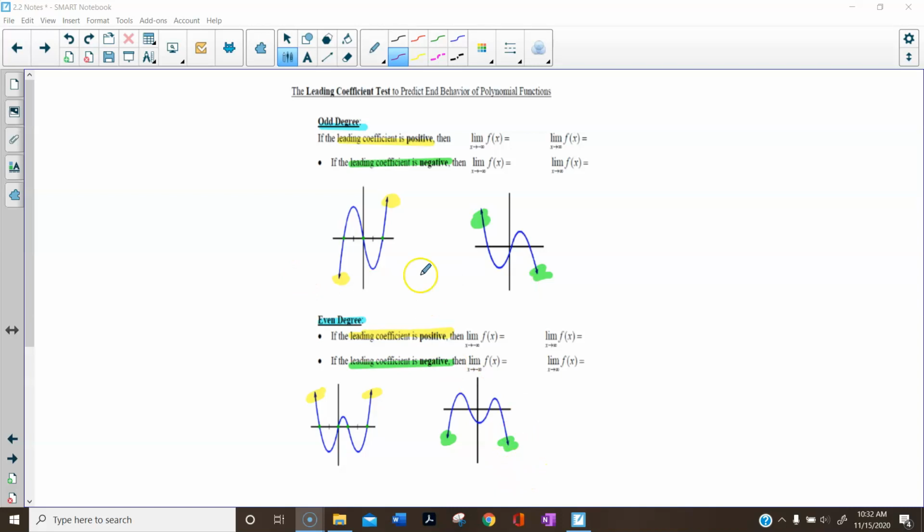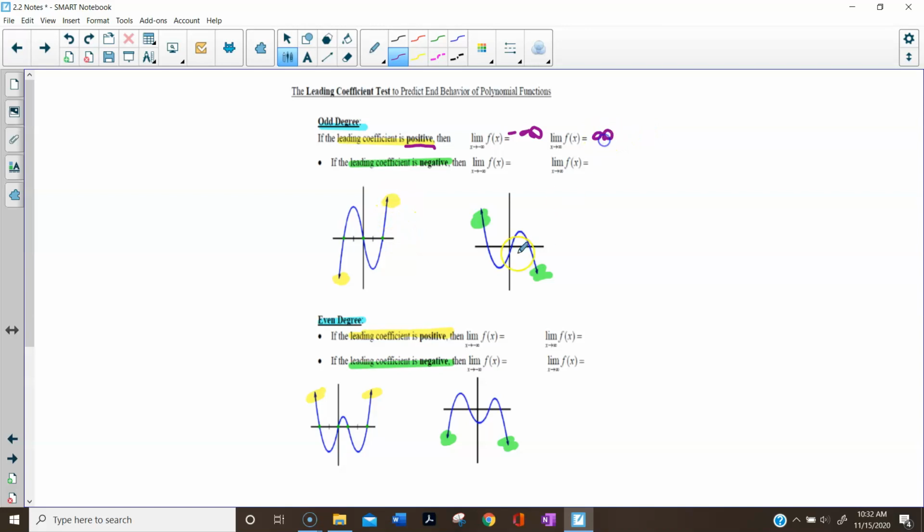Now, how you determine which graph you have is based on the leading coefficient. If the leading coefficient is positive, then you're going to have the right side up and the left side down. How you write this is the limit as x approaches negative infinity. This means as I go left, left, left, f of x is going down to negative infinity. The limit as x approaches infinity, which means as I go right, right, right, f of x is